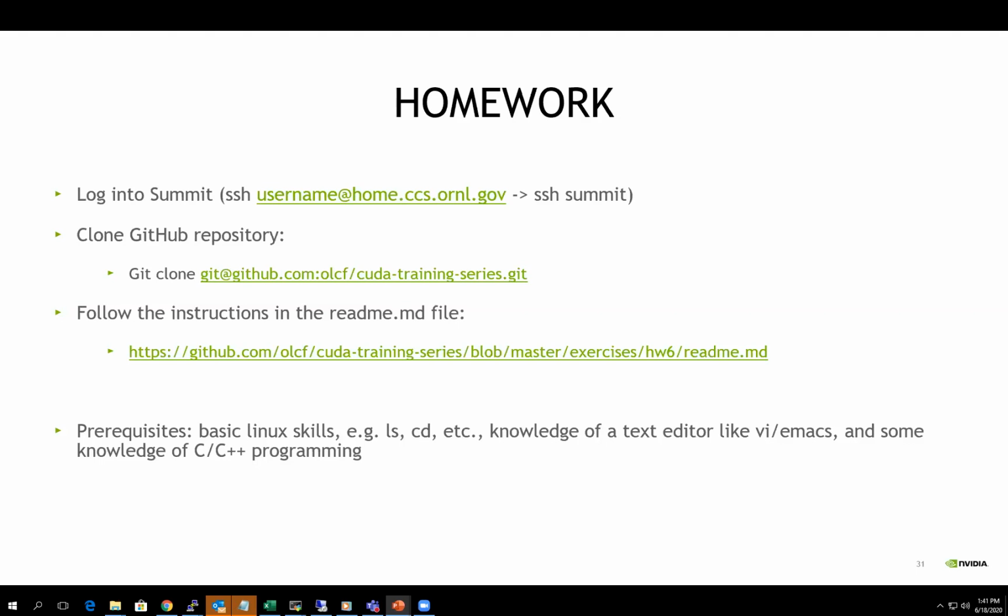Hey, Bob, this is Tom. I had a question about oversubscribing GPU memory. You had mentioned that if you were to exceed, say, 16 gigabytes of memory on the GPU, that you would start evicting pages. Yep. When you say that,